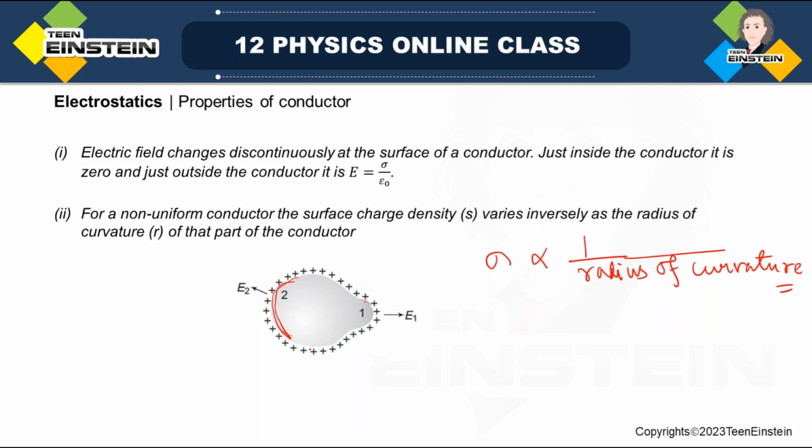That means over the surface of a conductor, the surface charge density depends on the curvature at the respective portions. If sigma 1 is the surface charge density here, and sigma 2 is the surface charge density at this place, then according to this,